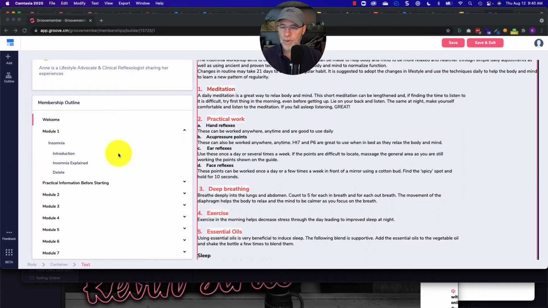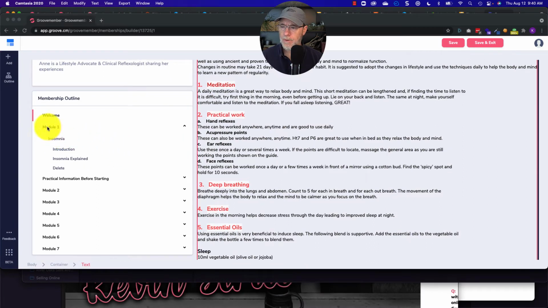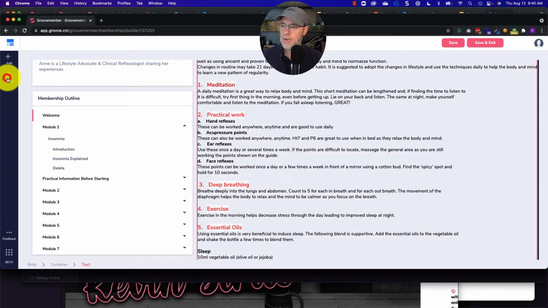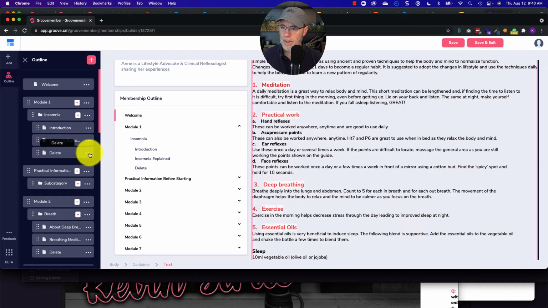So what you have to do is you have your category, subcategory, and you have your posts here. So you go to Outline, and you click on these three dots. Now, what happens is when you create your subcategory, I'll show you, for example, if I were to add a subcategory here,